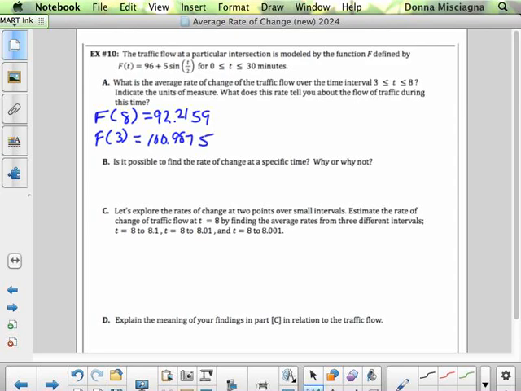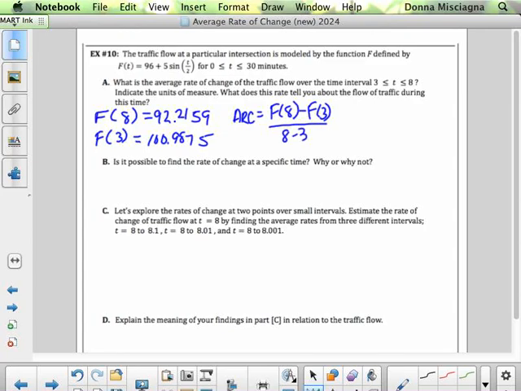Those are the values when I plugged it into the calculator. It's really hard to hold a calculator and a pen in one hand and the microphone in the other hand, so I'm going to put it down. For average rate of change, we want to find f of 8 minus f of 3